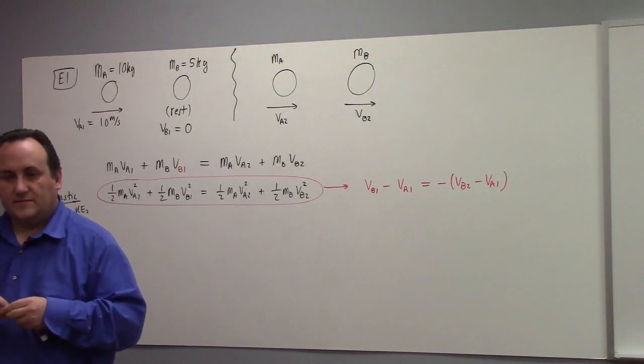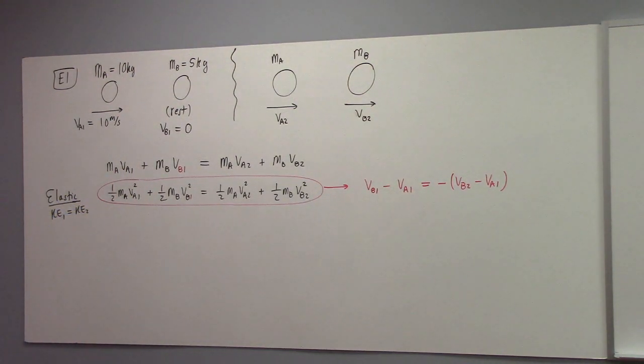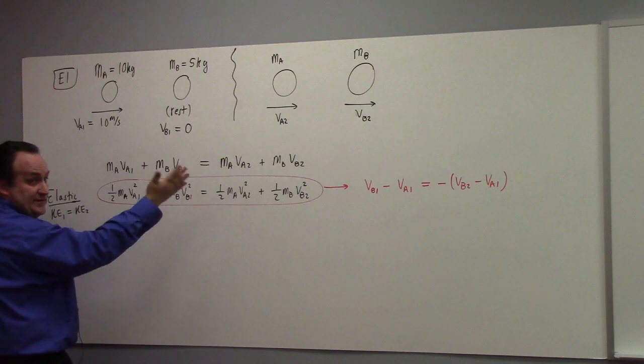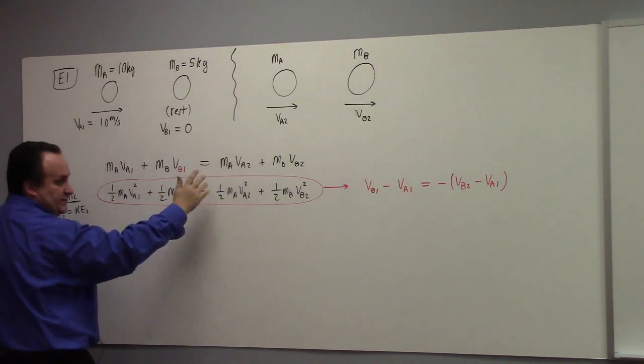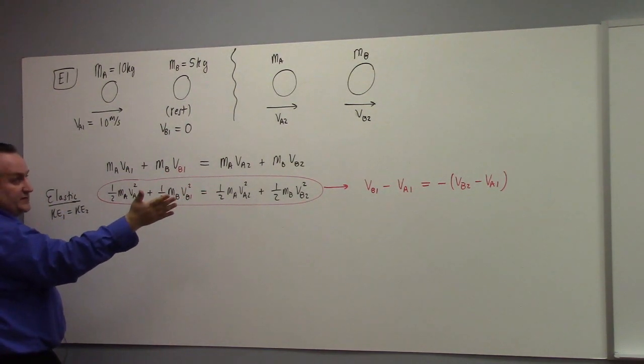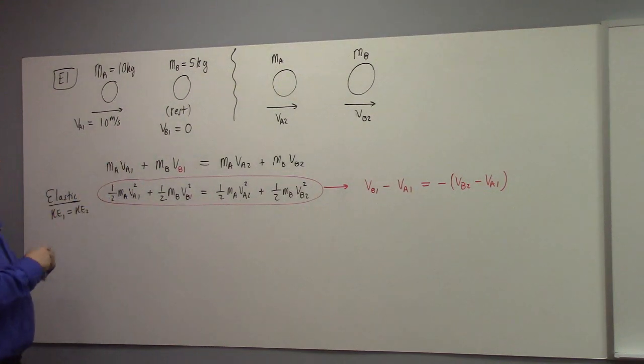What do you want to solve? I personally would like to solve two linear equations and two unknowns. That is much, much easier, right? And now that I've gone through that theorem last time, we can do that. Okay, so this is totally general. Everything I've written down so far is true for an arbitrary problem in a one-dimensional elastic collision, right? Let's specialize to the case that we're looking at.